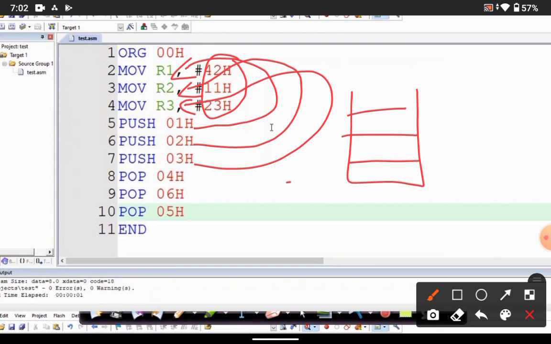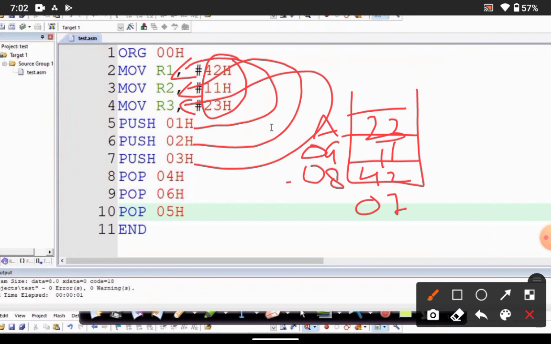Initially the stack pointer will be pointing at the 07 location. At 08 the R1 value 42 will come and sit here, at 09 the value 11 will come, and at the 0A location 23 will come. Similarly, when I use a pop instruction, what will happen?